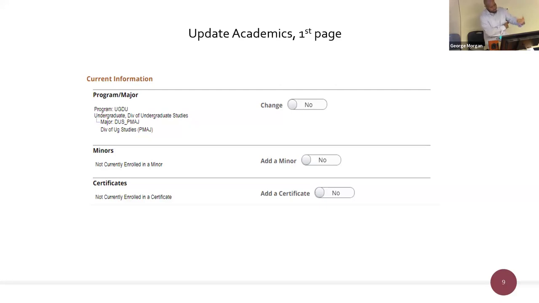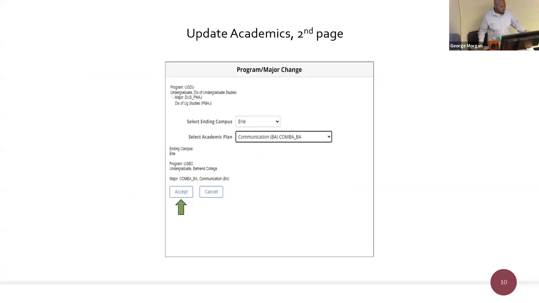What they would do is click change, and then it'll ask you what campus location, you select Erie, and then, you could add a minor at any time, but if you wanted to add a minor, you could do so, and then you go to the next page. Well, for this example, I used communications. So selected the ending campus, I put communications in there, and then all you would need to do is click